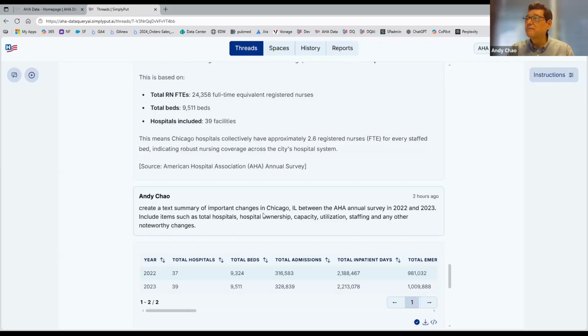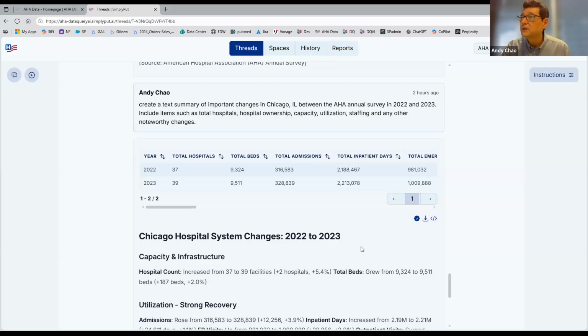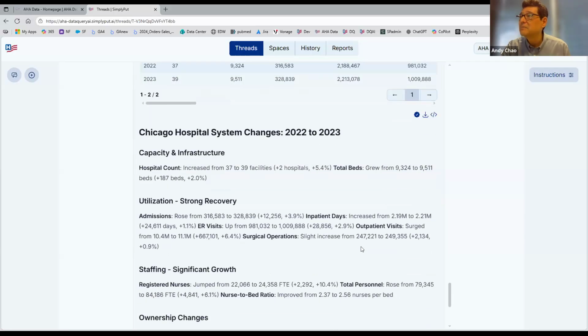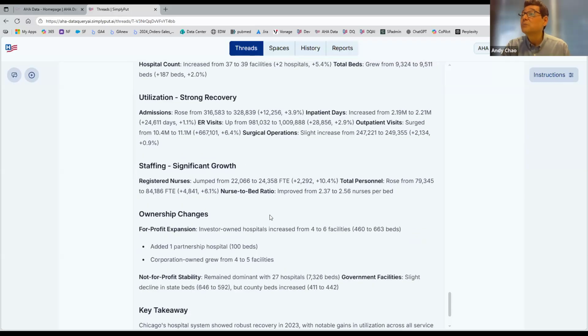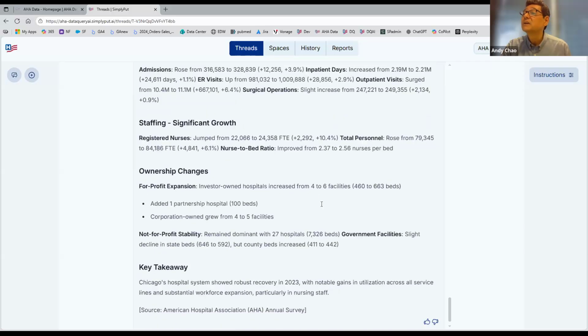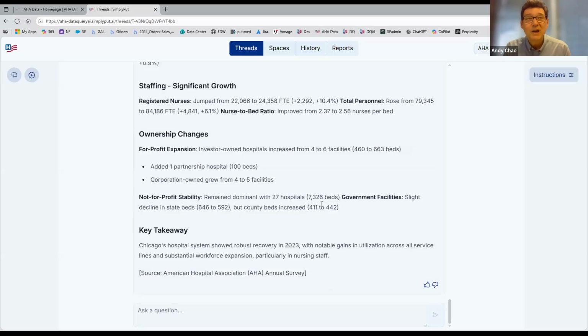So that's somewhat vague. I didn't give it a lot of specific parameters. So it goes back and it looks at the data and it makes some comparisons, and it comes back and says, increase of 2 hospitals, beds, admissions, inpatient days, outpatient visits, all grew. Staffing jumped. Registered nurses grew by 10.4%, right? So there's a real